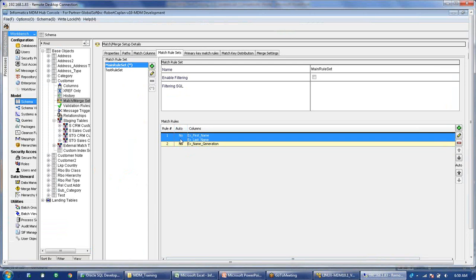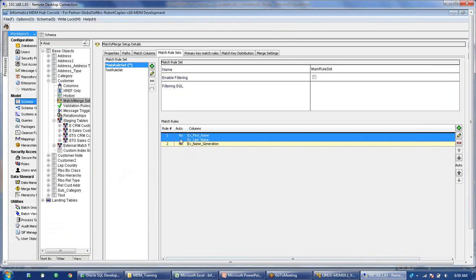So auto is no here. We have discussed this in the initial part, basically in the introduction part, that when we run the match process, during the merge we have two options. Either we can go for auto merge, or we can say I want to merge manually. So this is auto is no. Auto no means it is for manual consolidation. When I run the match process, it will put the data into the match table, and then it will be assigned to the data stewards or the business analyst for review. So they will review the data and they will merge the data manually.